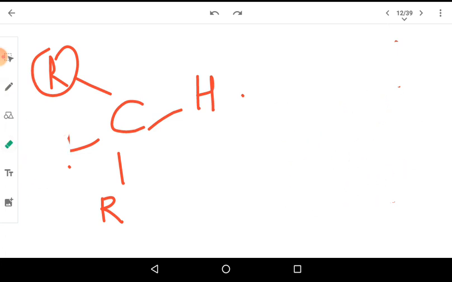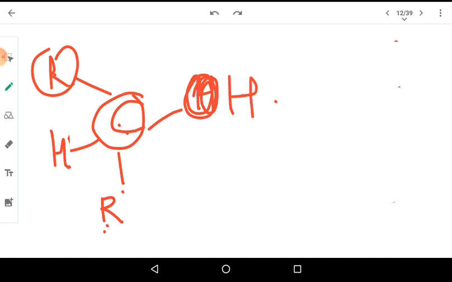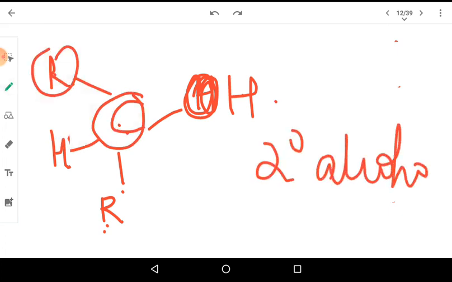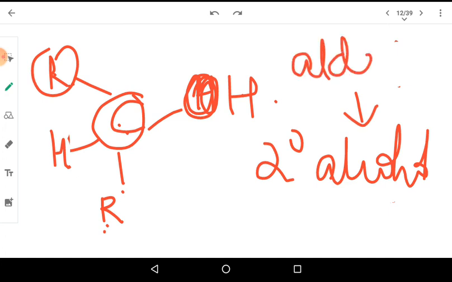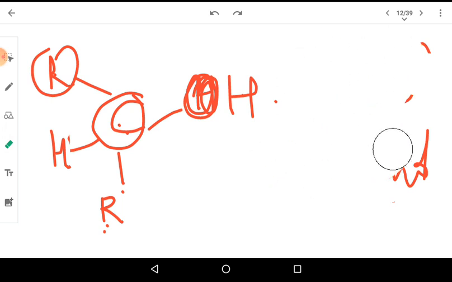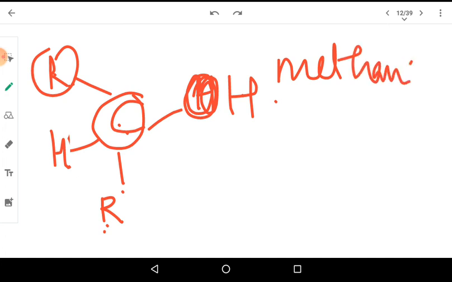Now if I have an aldehyde here, a general aldehyde, then onto this carbon two alkyl groups are attached. So this is going to be, sorry, this is OH, right? This is OH. So what is happening is that we have a secondary alcohol. So a secondary alcohol is given by any aldehyde. But if we need to get a primary alcohol, we have to use a specific aldehyde, and that is methanal. Methanal is going to give us a primary alcohol.